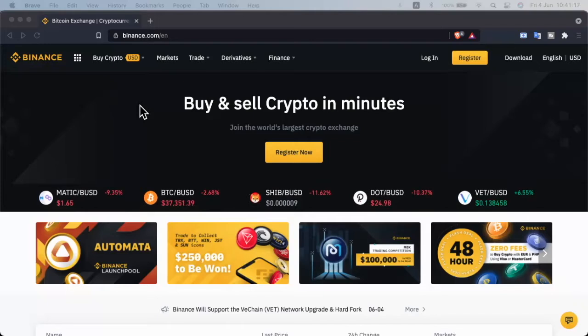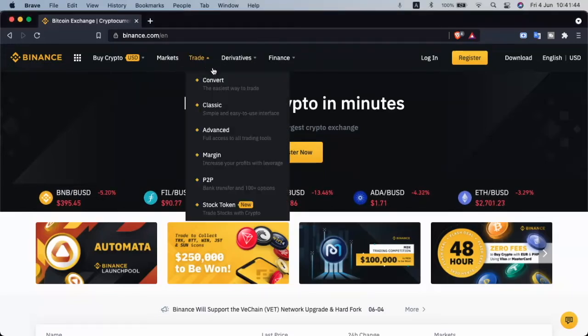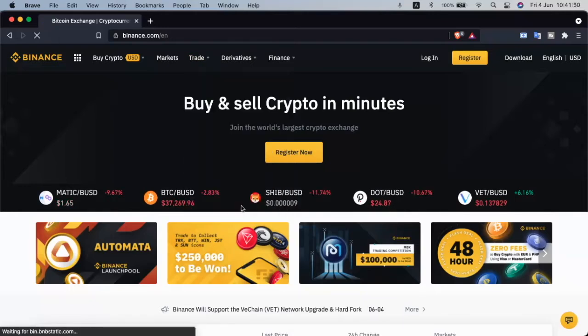This new feature is not available in mobile, iOS, Android, or desktop apps like Windows or Mac apps. So log into your Binance account using a web browser, then go to Trade, and under the options there are stock tokens marked as new. Then click it.